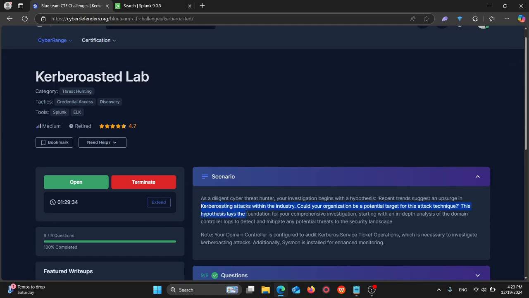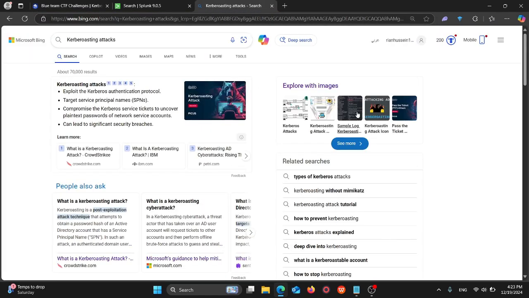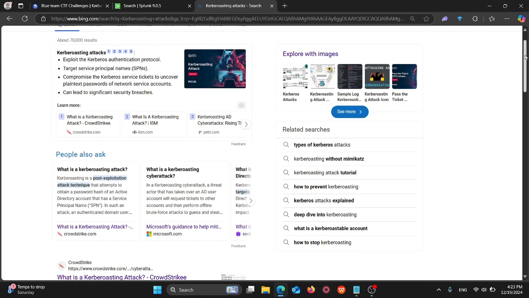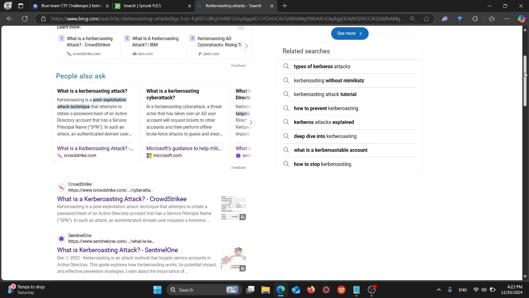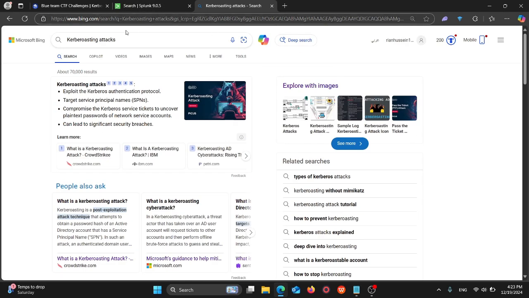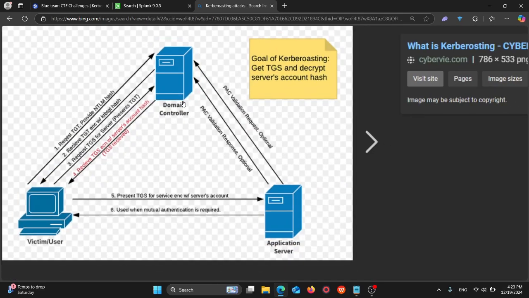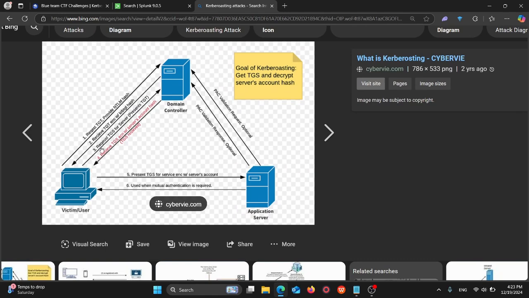For those who don't know, Kerberoasting attacks are attacks on the Active Directory in order to steal the password hash. As you can see here, it exploits the Kerberos authentication protocol. We used to have NTLM, but due to its weaknesses, we use Kerberos. However, it's also susceptible to some attacks, and it's a post-exploitation attack technique. If I can show you a better image, so you can have an idea. Yeah, this one. As you can see, it's trying to compromise